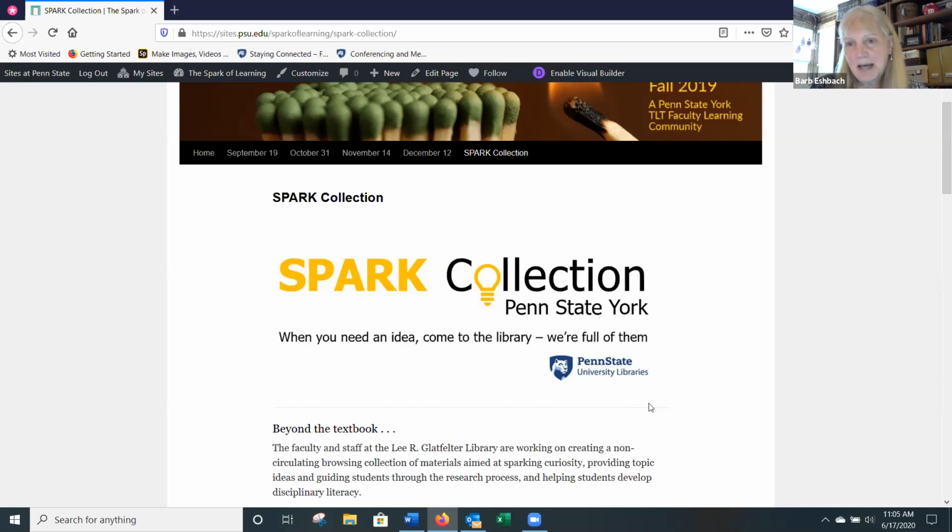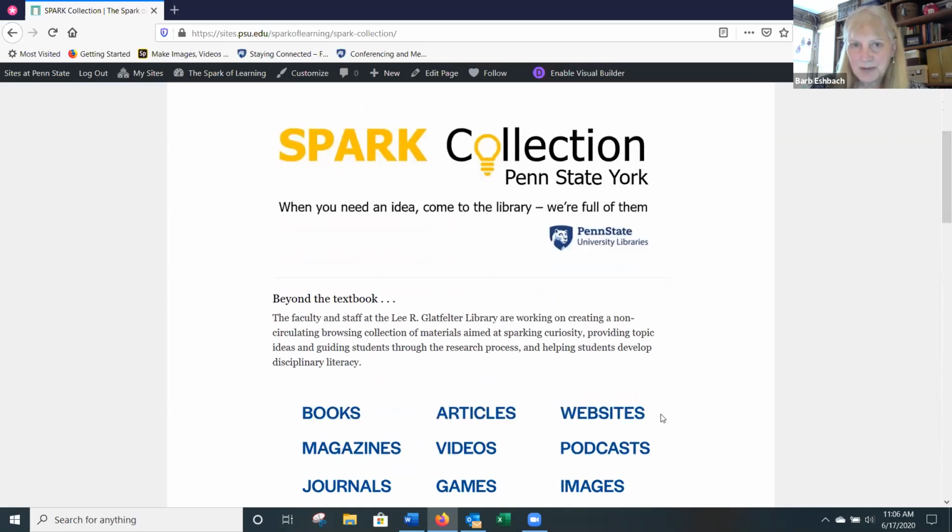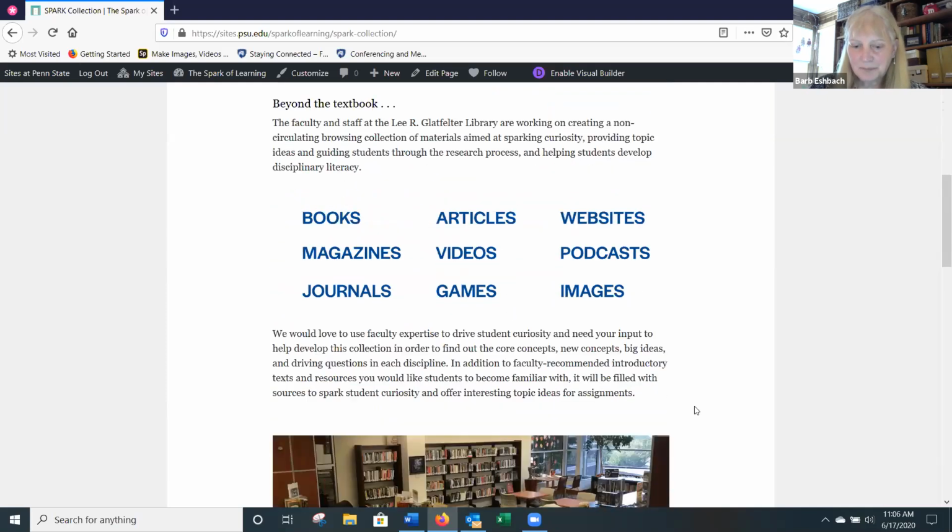So my hope for the FLC was to develop more in-depth relationships with faculty from different disciplines and ask them for their help in starting this collection. I envision all different types of materials in this collection, but I need guidance from faculty. What are the core concepts, the driving questions, the big ideas in their disciplines? Think back to that quote with the picture of the squirrel. What books, articles, websites, videos, games could help their students who need ideas or who are struggling with particular threshold